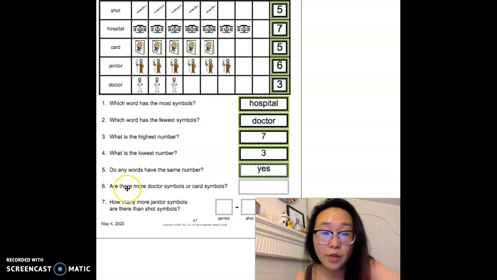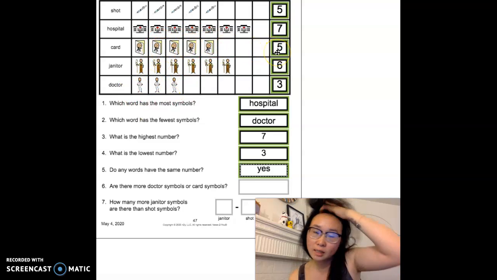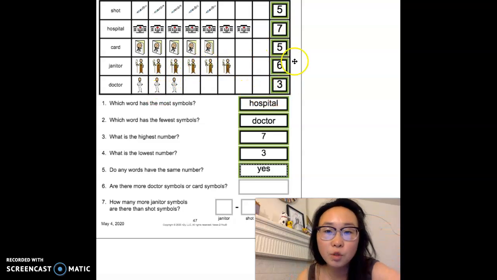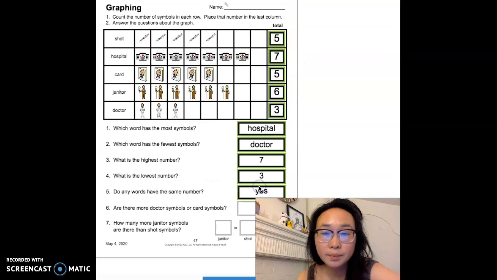Number 6, are there more doctor symbols or card symbols? We have 5 card symbols and 3 doctor symbols. Which one is more? There are more cards. And our last question is,